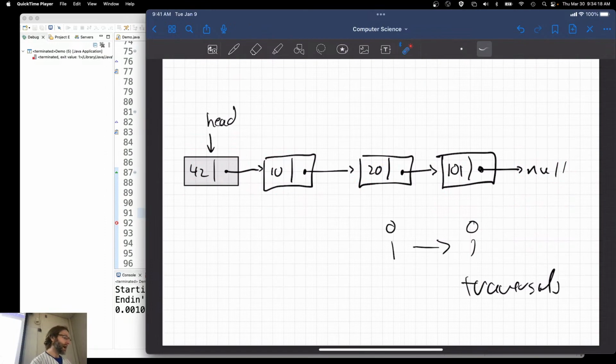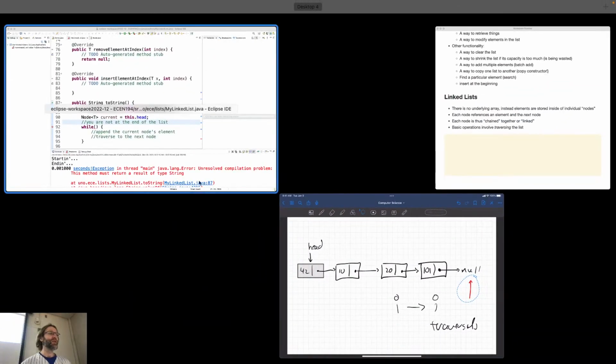So if I'm keeping track of a current node, initially that's the head, and then I move that over. Actually, wouldn't you need to break the loop before you print the tail? Well, I mean, just append. You'd want to include the tail, though, right? I mean, in case you're using commas or something. Oh, okay. So yeah, if you want to format it, I'll worry about formatting later. So initially, we'll point it to head, point it to the second one, the third one, the next one, and when it points to null, that's when we know that we're done, unless we want to do some fancy